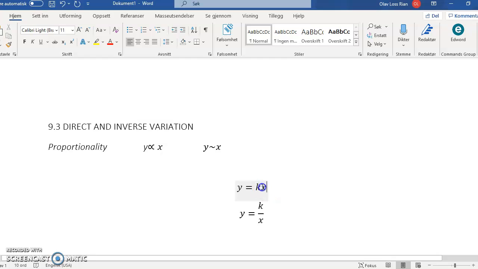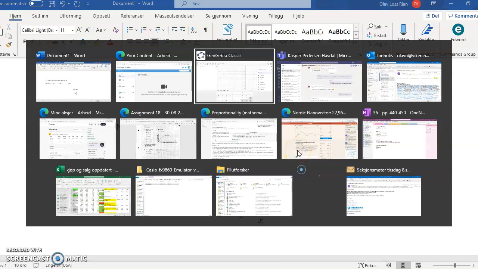And this would be a linear equation where you don't have this extra constant, but rather you have just a number that is multiplied with x. And you know that this line would also pass through the origin. If we look at how this looks in GeoGebra,